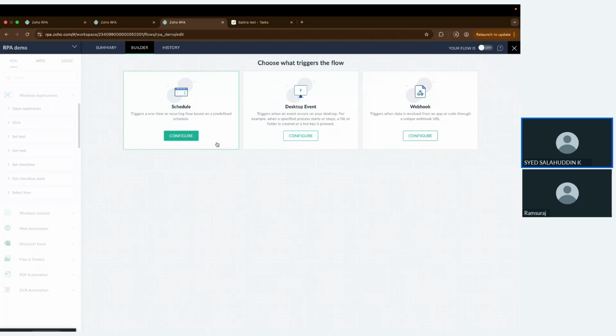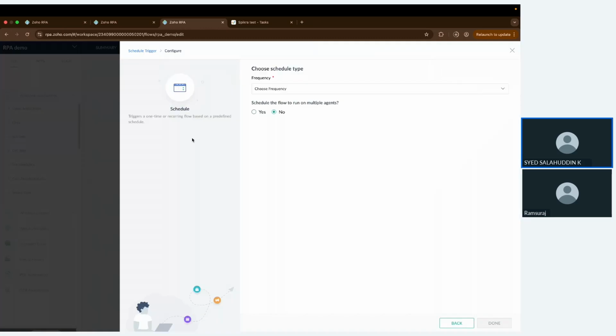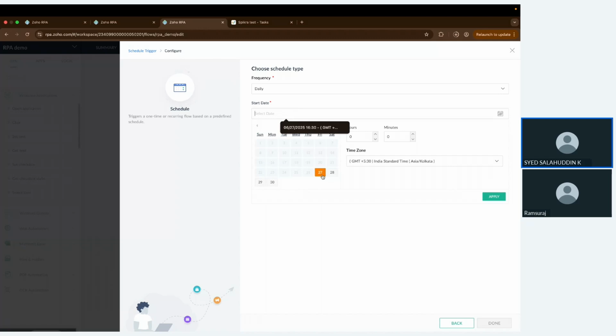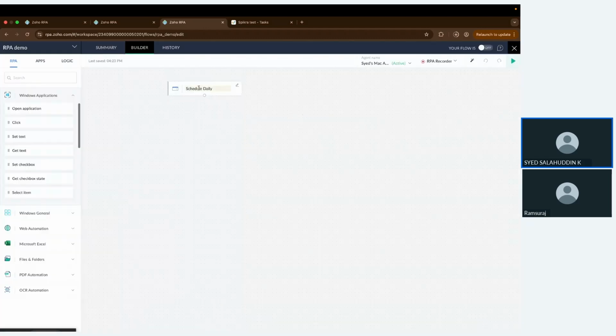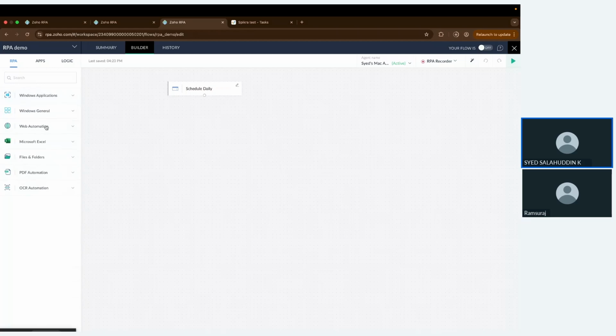So for this use case we were talking about, I'm going to go with the schedule. I'm going to select the frequency, which is every day, and today I want to start. For the timing, let's say now it is 4:22, I'm going to use 4:40. Apply. And I want this each day, or I can even choose which days I don't want. So I don't want Sunday or Saturday. And then done. So once the trigger point is set up, I can go and use these various operations